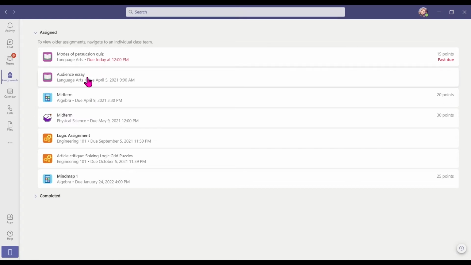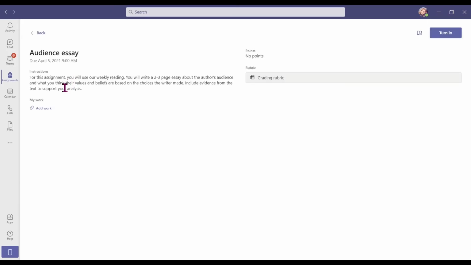If I have an assignment that I want to work on and turn in, I can click on the assignment to see the full details. In this case, the teacher gave some directions and also included a rubric for how this essay will be graded. This essay will not be worth any points, but will be graded against the rubric. In order to complete this assignment, I need to write an essay and add it as work. So I can click on Add Work,